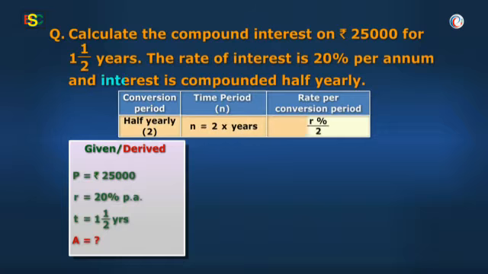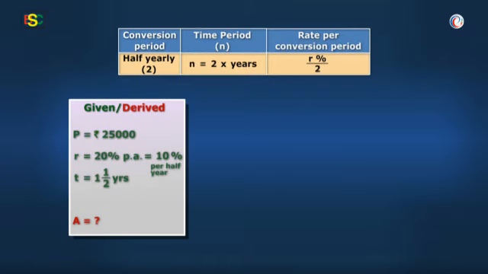So here interest is compounded half yearly, which means that the required rate of interest will be half of R, that is 20/2% or 10% per half year. And the number of times that interest is compounded will be double the number of years, that is 1.5 into 2, or 3/2 into 2 half years equal to 3 half years, or simply the value of n is equal